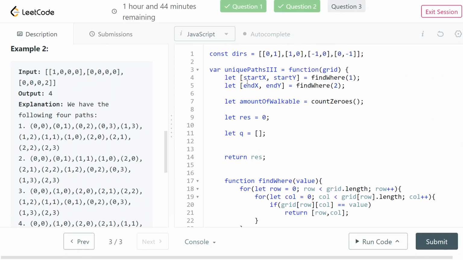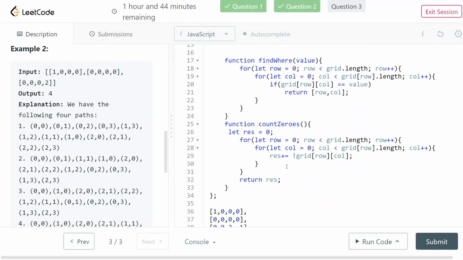So I'll have my set of zeros, and then anytime I find a zero, I should add to the zeros row plus a comma plus a column, like that. And now that I have the set of all of the zeros,